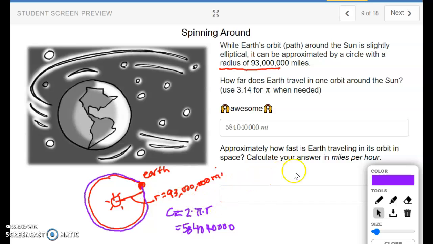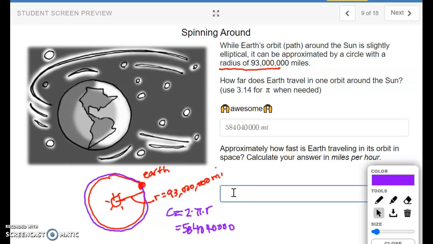So to figure out miles per hour, we need to divide this number by 365 to figure out how much you are traveling in 1 day. And since in a day there are 24 hours, you divide that number by 24 hours again, and you get